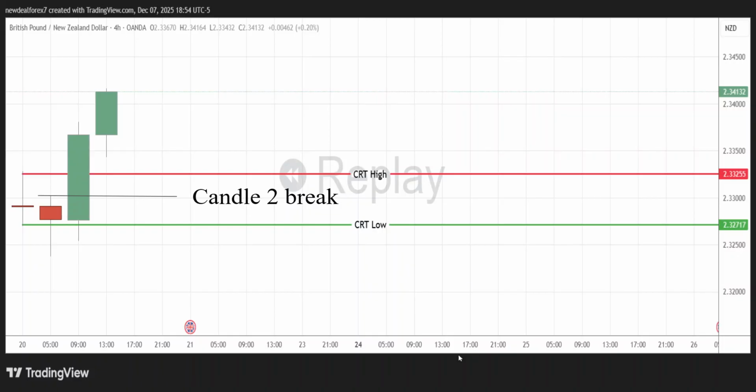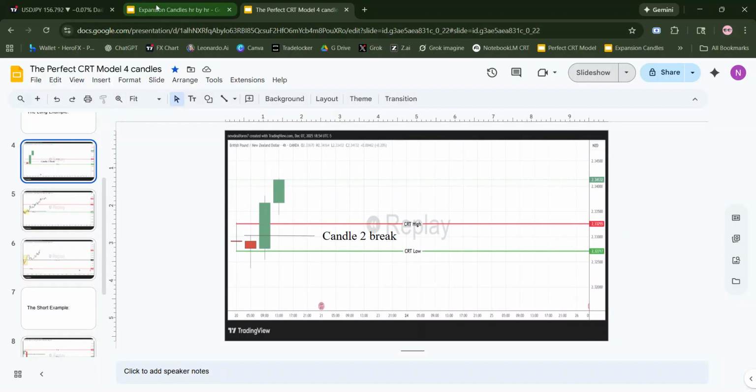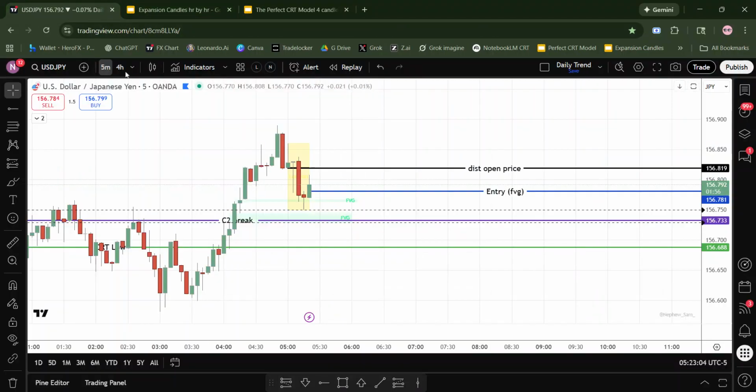Okay, so I'm basing it on this pattern where we have the range candle, manipulation, and then expansion to the upside. And then if candle 3, this one, closes above candle 2, this one, you look for a continuation for the fourth candle. So that's what I use. So if I go to the 4-hour chart on UJ,